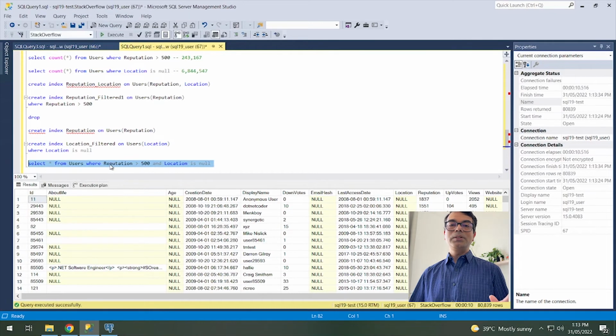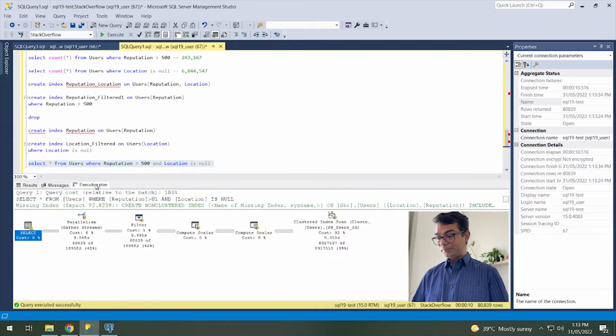Okay, having the same query, and you have been given an assignment that you need to improve the performance of this. How can you go about it? It is again going for an index scan, clustered index scan. Anything else which comes to your mind? Maybe a computed column. Could that help?